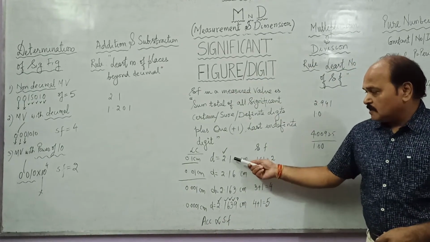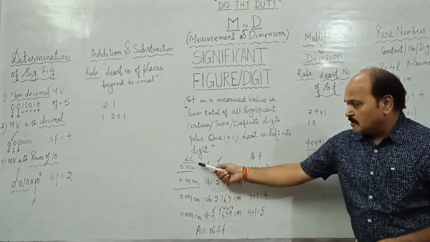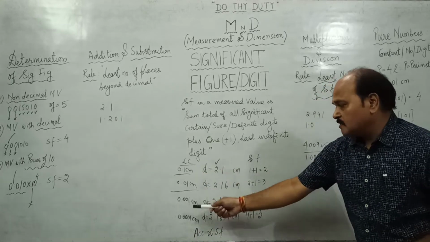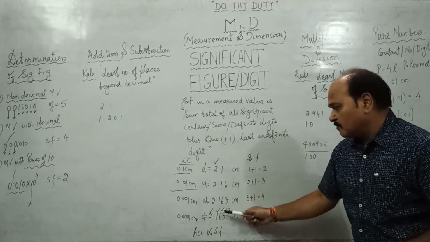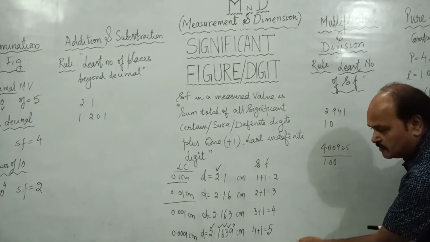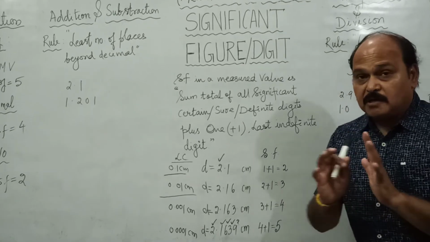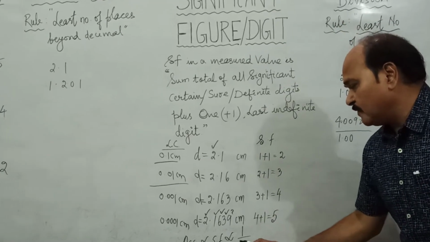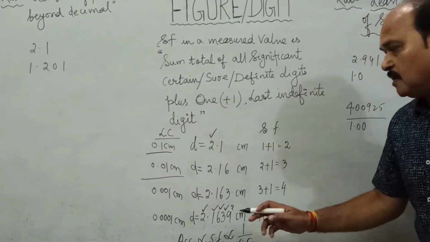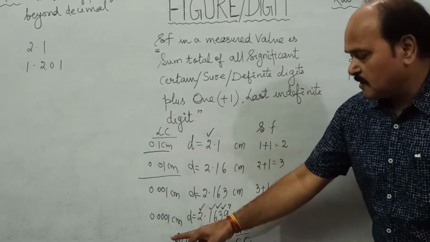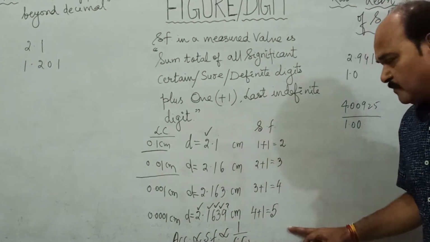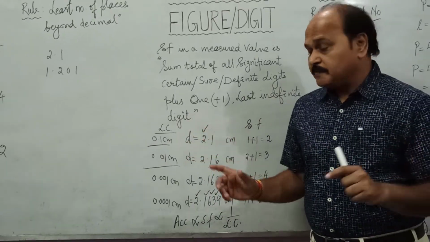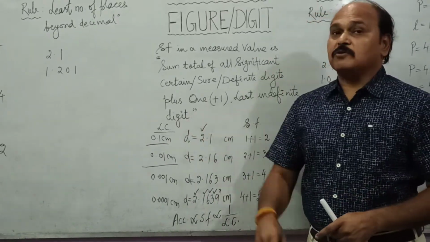You can see here, these recordings are made from instruments whose least counts are decreasing continuously. So with the decrease of least count, you have already understood the accuracy increases. But what is happening? Significant figures are also increasing. So significant figures and accuracy are directly proportional to each other. And you have already seen that both significant figures and accuracy are inversely proportional to least count. Least count is continuously decreasing, accuracy is increasing, significant figures are also increasing.